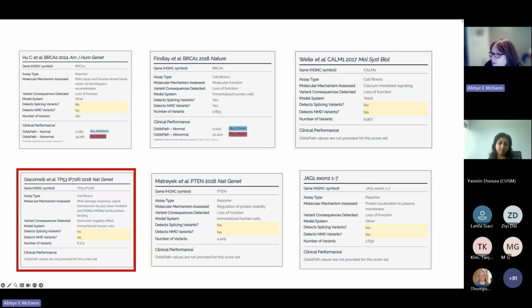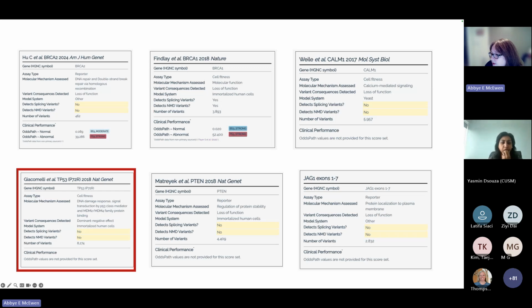So in this example, this is a TP53 assay. It's a cell fitness assay that looks at DNA damage response. But the key thing pointed out here is that the mechanism detected is dominant negative. And that's important because we know that TP53 can be disrupted by both dominant negative and loss of function variants. So this helps you understand what's going on when trying to adjudicate conflicts or when trying to understand what the